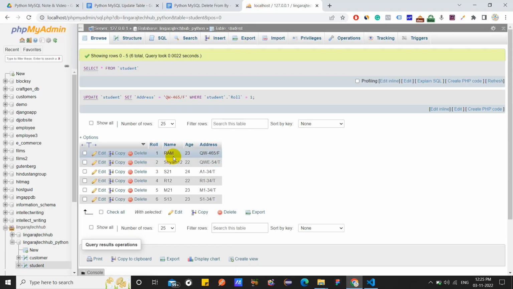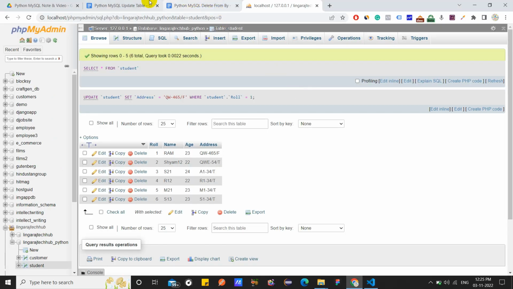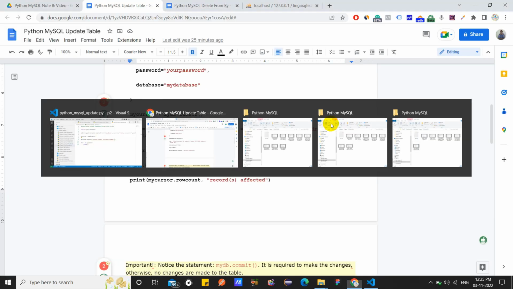There is a name column here, and any one name is going to be updated. So you have to write name equal to, within single quotes, the updated name, that is Subra. Then you have to write the WHERE clause, otherwise all the rows are going to be updated. SET name = 'Subra',